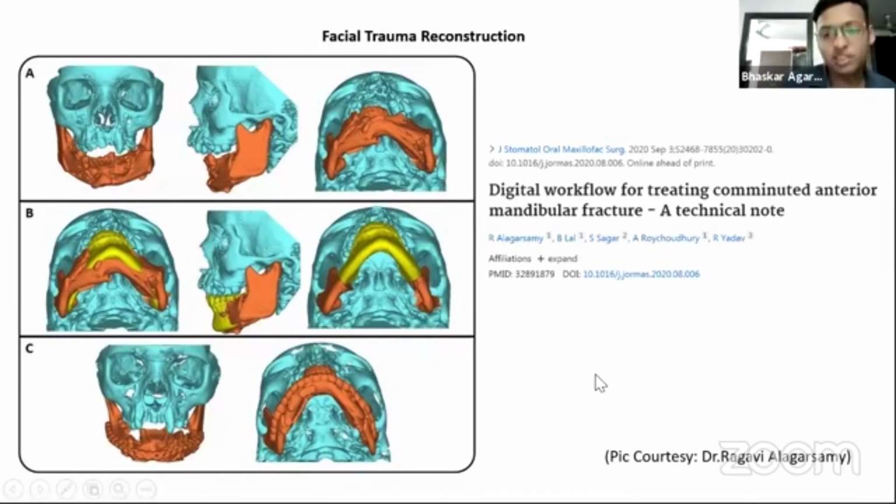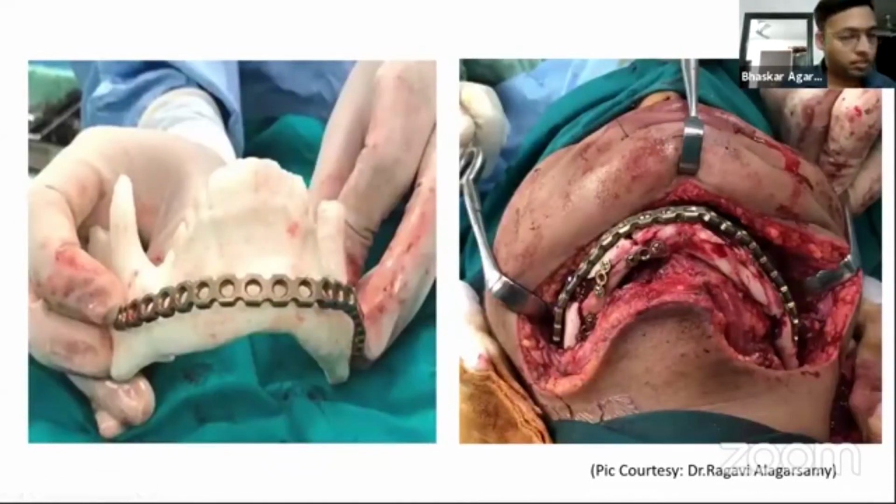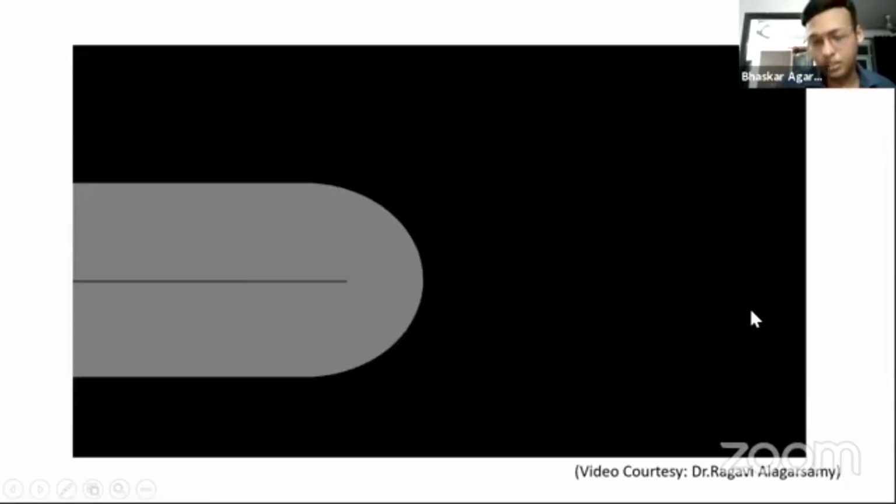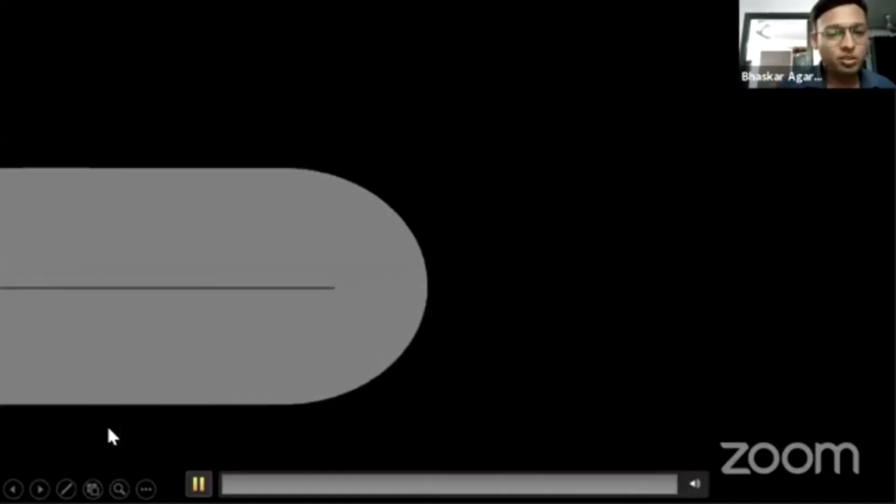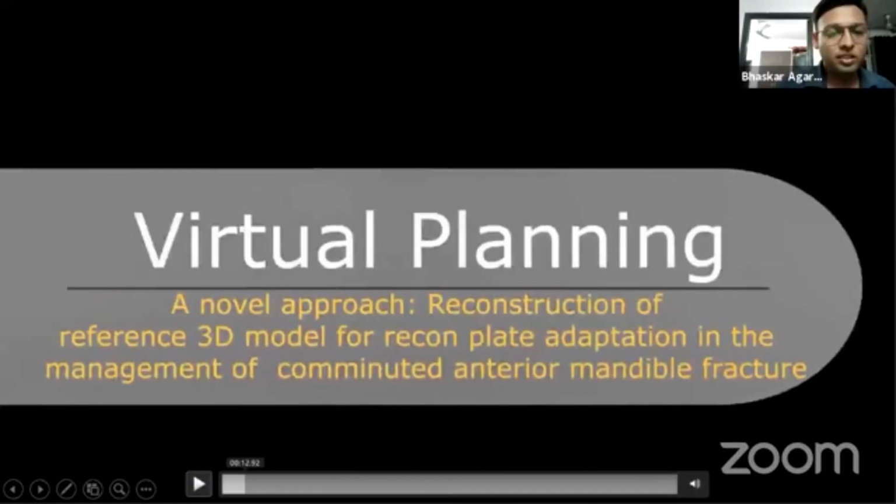Let's go into a little detail of this. You can see this is a 3D printed model of the reconstructed mandible, and the plate was pre-bent on this, and this is the intraoperative view to reconstruct the mandible. This is a small video showing how this is done.